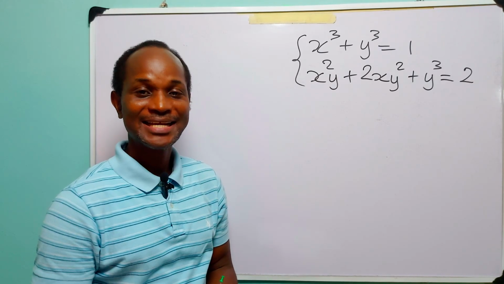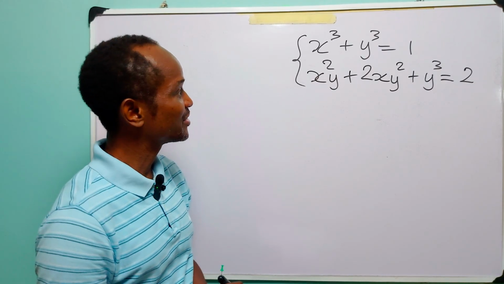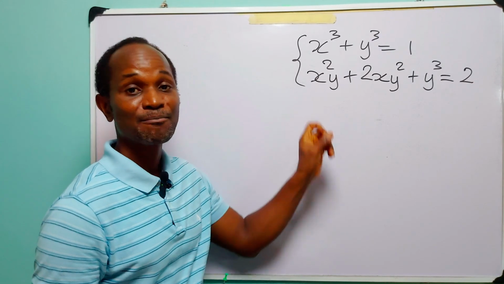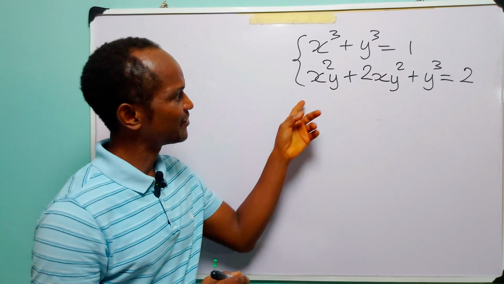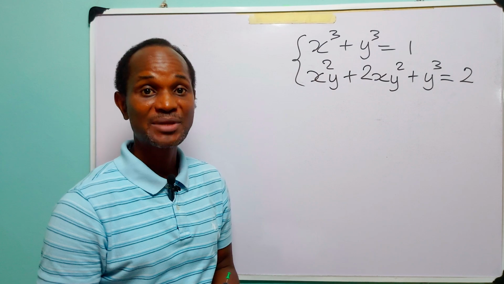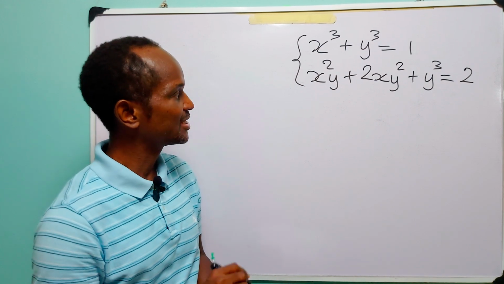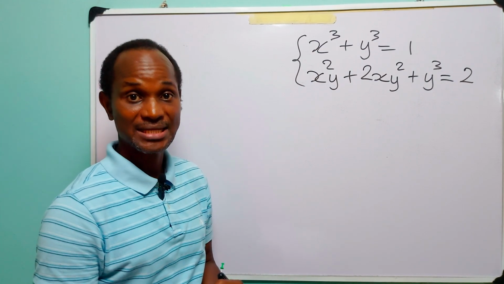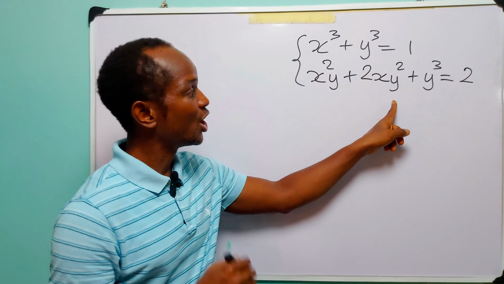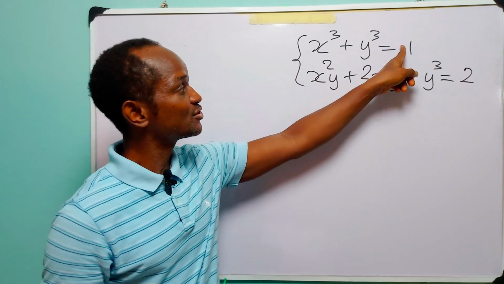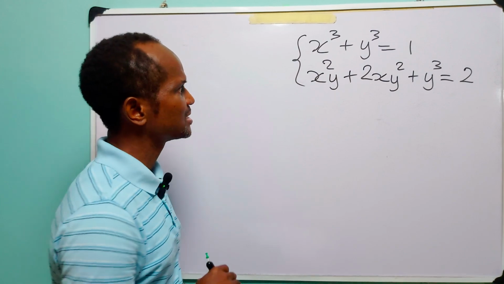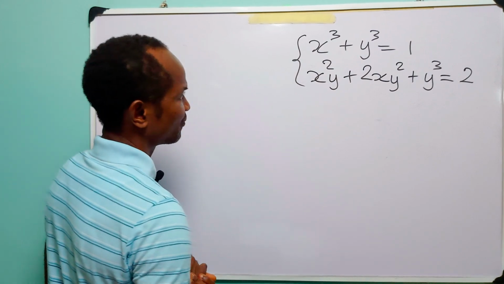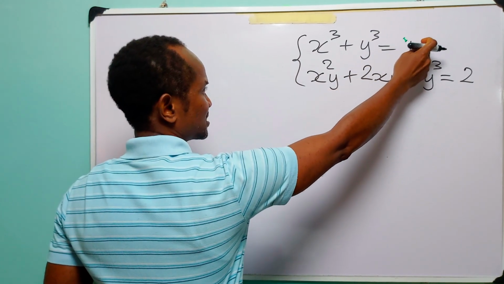Hello and welcome. In today's tutorial, I'll show you a very simple way of solving this system of nonlinear simultaneous equations. Usually, when we have a system like this, our main aim is to find a simple relationship between the variables, in this case x and y, which we can substitute into any of the equations to get solutions. So for this system, what we are going to do is to first of all multiply this first equation by